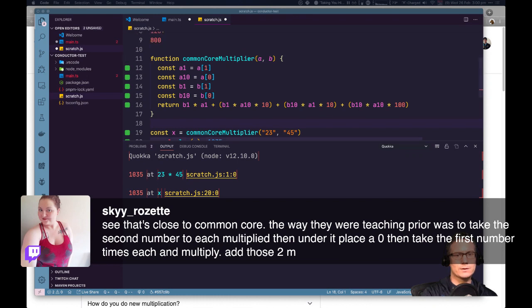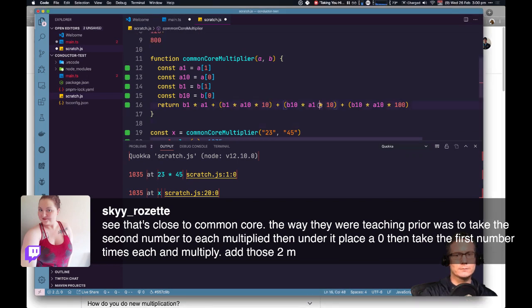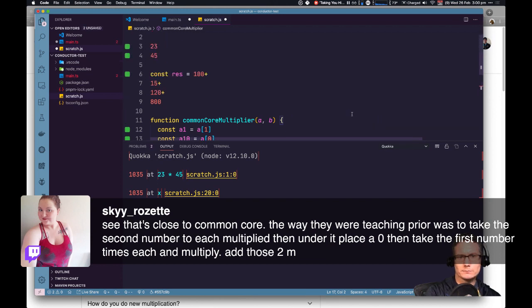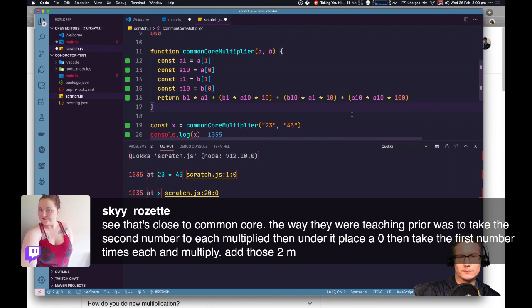Yeah, you take out this part here by just sticking it underneath. That might have been the way they taught me to do it in school, actually. I think this is just a way that I landed on later on.